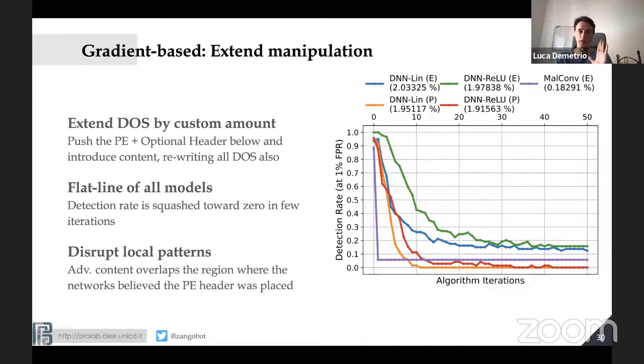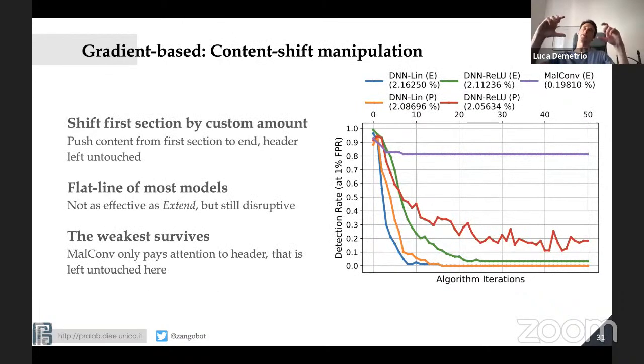If you shift this thing, the network is not aware of the context. So instead of finding a P, it's finding like a Z, and that is going to weight differently when you compute the malware score. And that's why you have this total decrement of the performances, again, from 100% to almost 0 for many of them. And finally, instead of editing the DOS header, we just don't think about the header anymore.